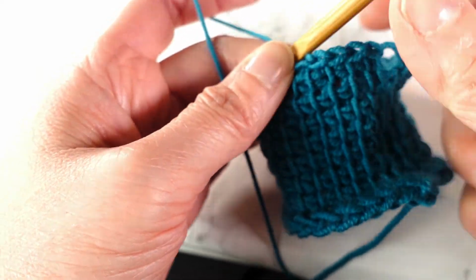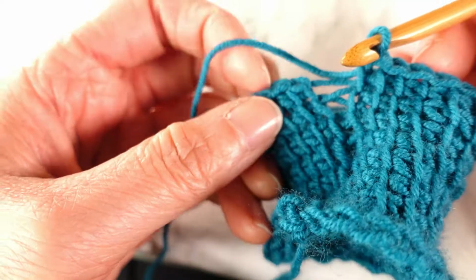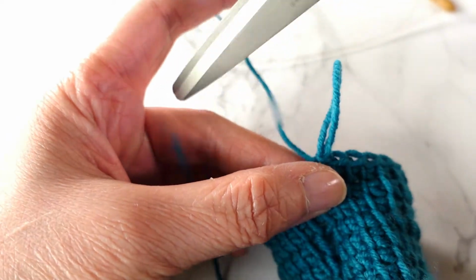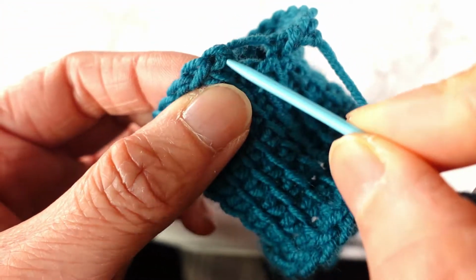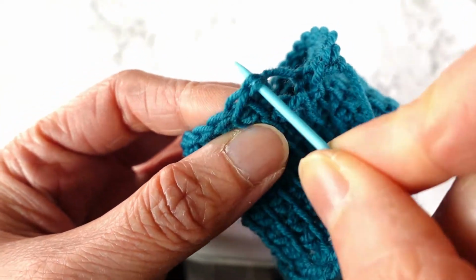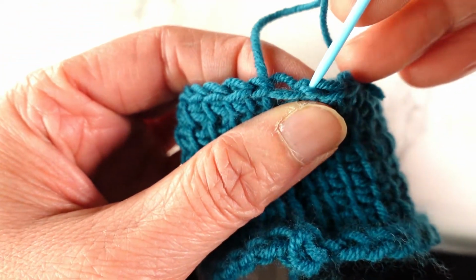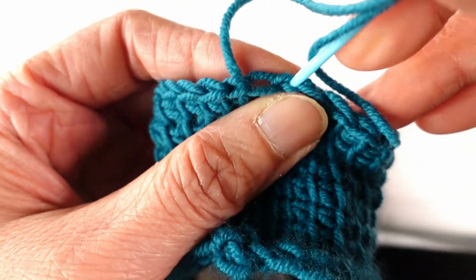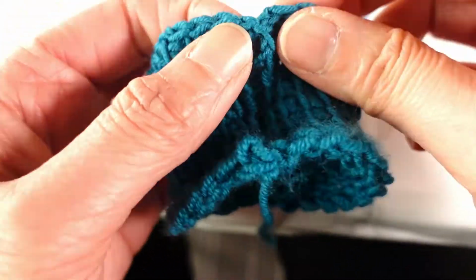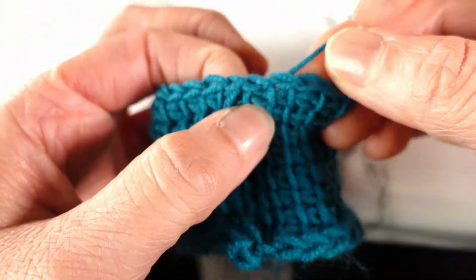After we bind off the last stitch, we want to make a nice continuous chain stitch on the top. We can just cut the yarn, thread the yarn needle, and go through the first stitch on the left side from below the chain, or the V shape. We go under both legs of the V and then pull through from the other side, and then we go back to the center of the original stitch, the original V, and that's how we complete the chain stitch